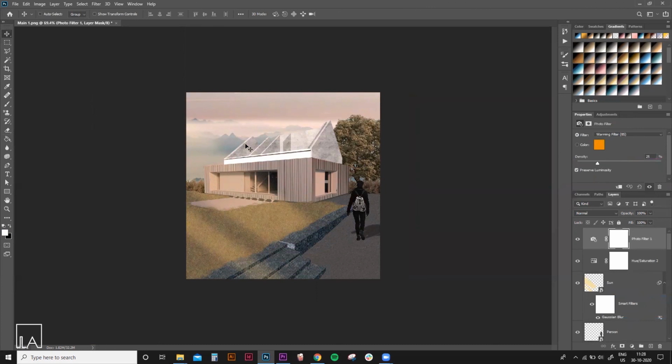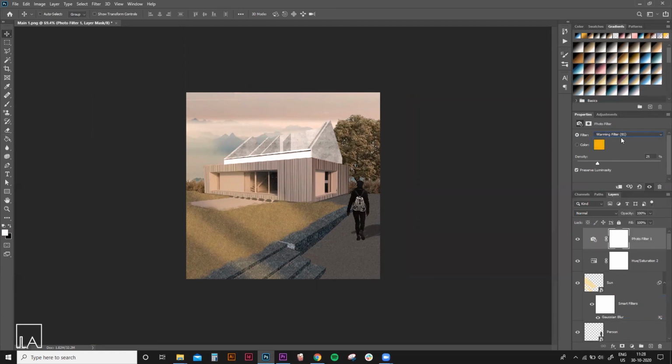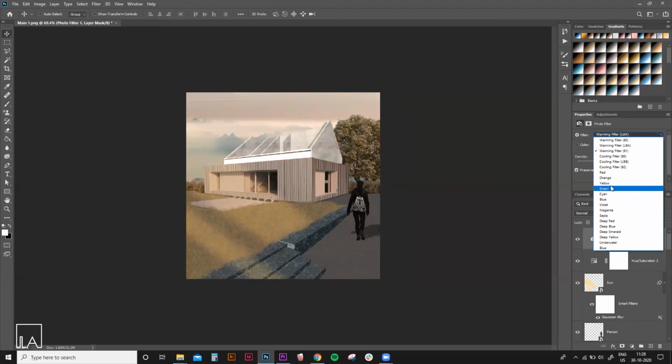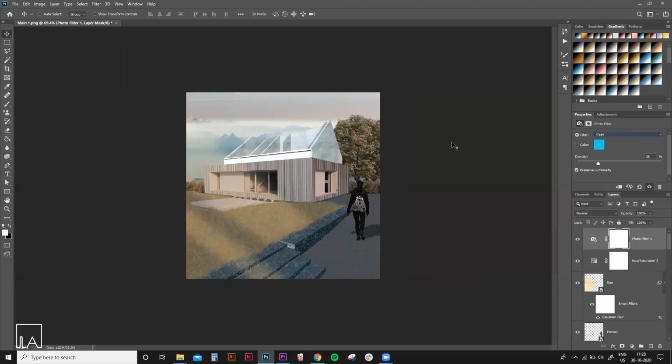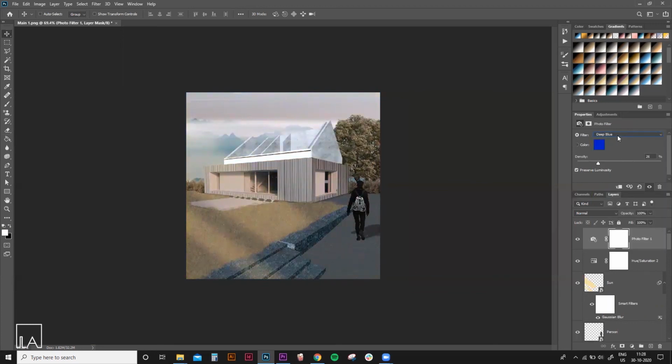The photo filter adjustment layer will actually give us a couple of options like sepia, orange, red. It changes the overall hue of the scene, and this can be used to set your scene to different moods. Like if you wanted a warm mood in your scene, you can use the warm colors like orange, reds, and yellows. And if you wanted a cooler mood in your scene, you can use the cooler colors like emeralds, blue, etc. You can adjust the density of the photo filter, and your render is complete.